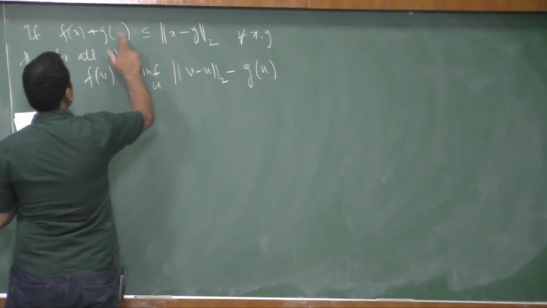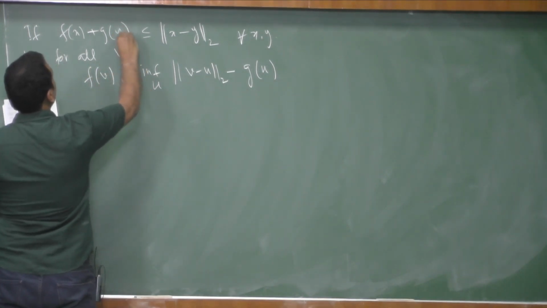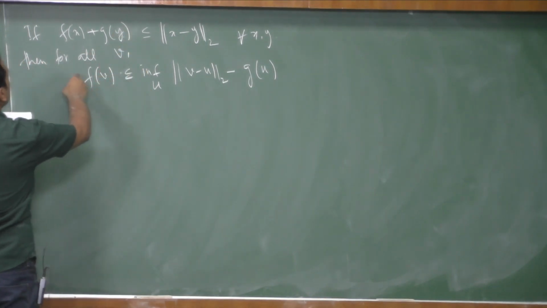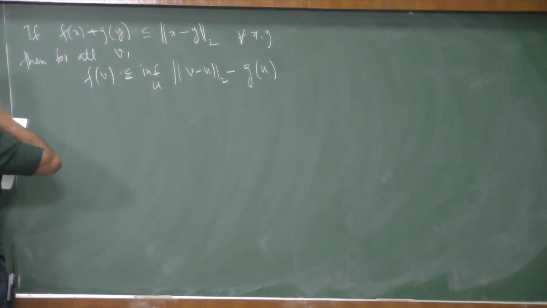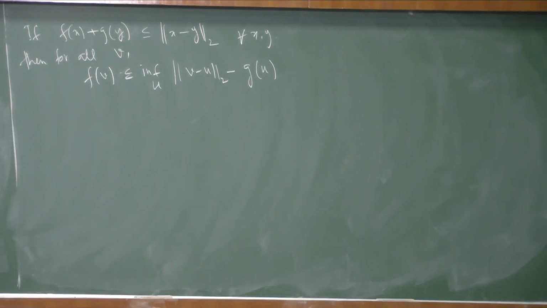I keep making this mistake. So if this is true, then this is true also when x is replaced by v, and y I can take to be u, and since it's true for all y,